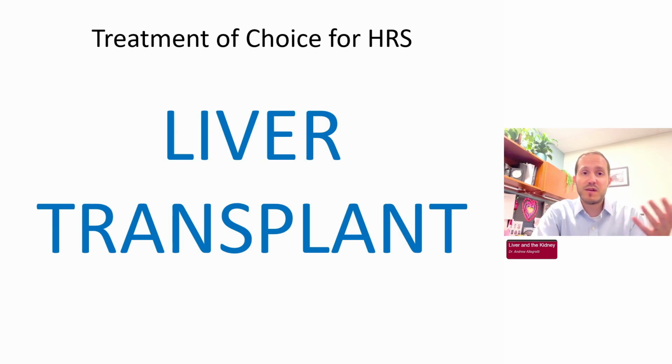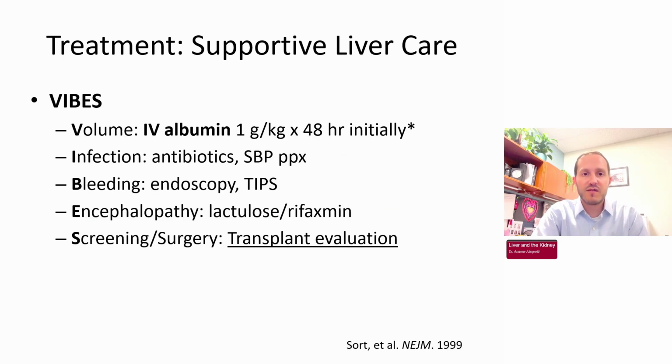For example, most of these patients, by the time we meet them here, are quite decompensated and really in need of that if they're going to have more than a few months or years survival ahead of them. The health officers at my institution use this acronym VIBES, for volume, infection, bleeding, encephalopathy, and screening/surgery for all the areas of supportive care these patients need. I would add an R to this, so I usually call it VIBERS to add renal, because even if you have normal renal function in this population, it's still an at-risk population, and of course needs to be managed as such.